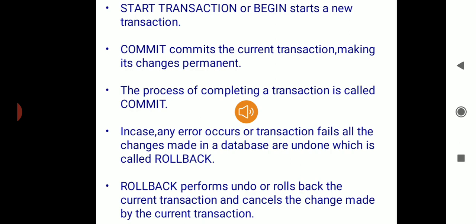Before I show you the example of a transaction, you must first note down these key points of transaction. The first one is start transaction or begin, which starts a new transaction. That means every transaction that you create should start with the line start transaction or begin. Secondly, once a transaction has been completed, it should end with commit. That means commit commits the current transaction, making its changes permanent. Once the transaction has successfully completed, all the changes will be made permanent,